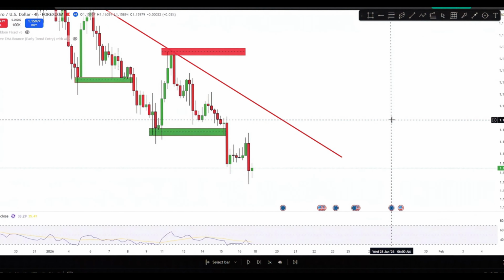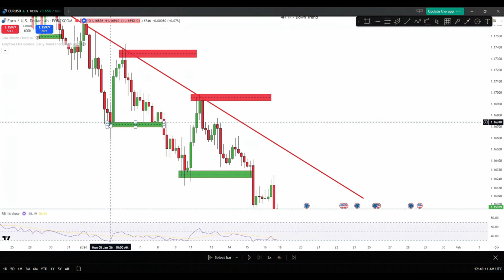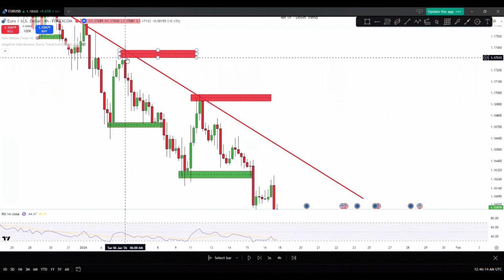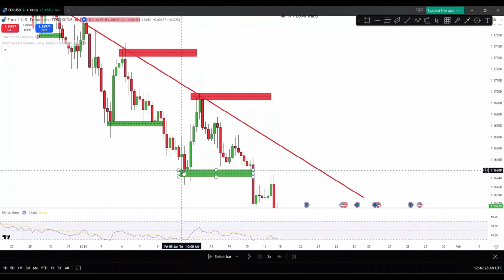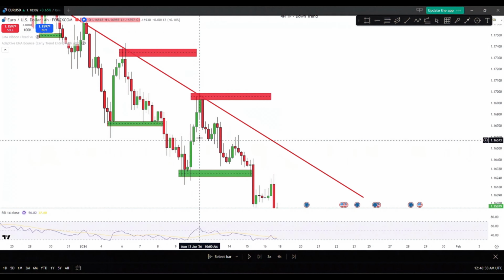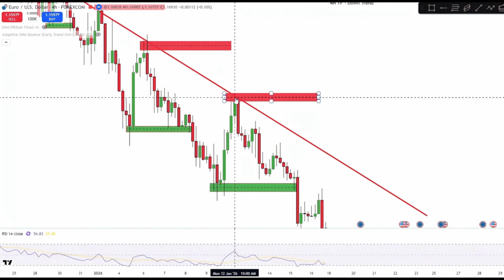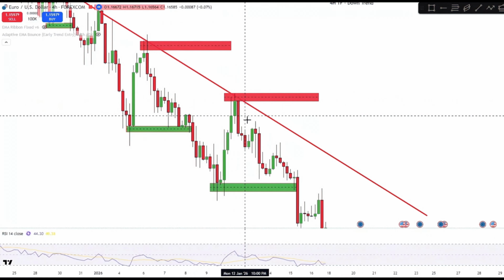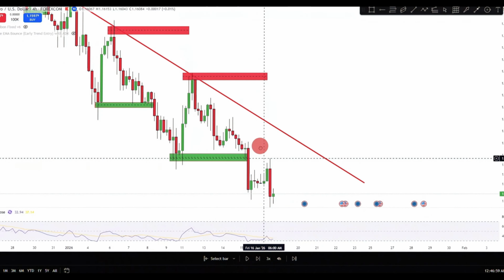Okay, as it relates to the most recent price action for this downtrend, you can see that price formed this low right here and then it put in this high. Then the next thing that price did was it closed below this low and it formed a new low. So this is now the lower low. After price formed this lower low, it pushed up and it formed this lower high. Then after it formed this lower high, what it did next was it closed below the most recent low.